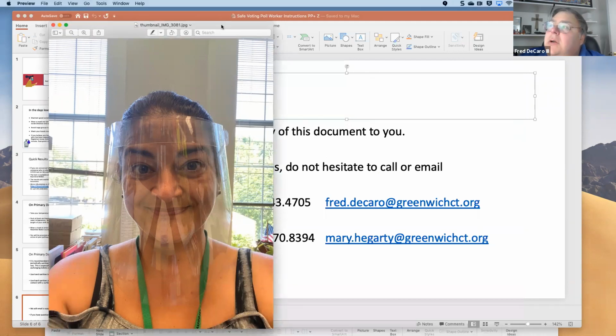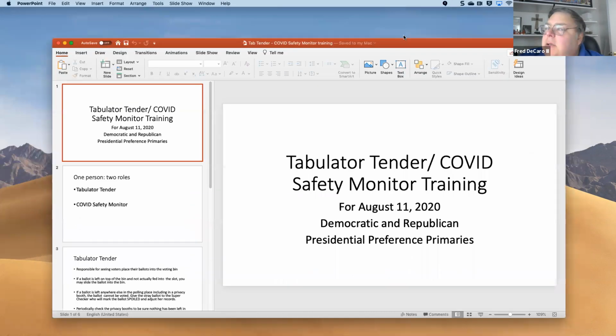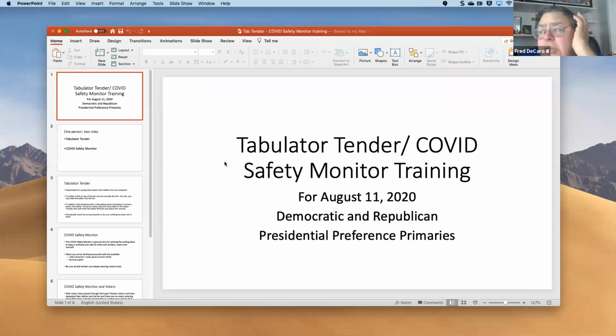All right, so let's see. So now let's go back to our standard agenda, and we'll talk a little bit more about the tabulator tender. I'll just start this off, and then Mary, you made the deck, so I'll let you run through it. But basically, tabulator tender in this case is almost a moot point because we're not using a tabulator, okay? There will be no running of tapes. There will be nothing posted on the wall. You will just have the black box that will be there, and where normally the ballot gets slipped in and falls from the tabulator into the black box, there's little arrows that point to people, and they just slip their